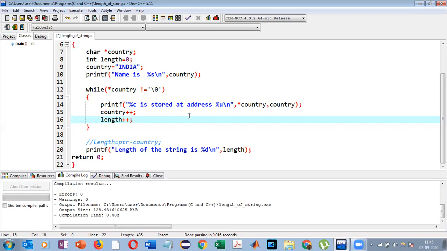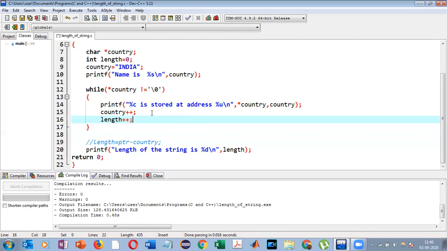But what you have to remember is the logic that a pointer variable is going to point to the next memory address, whatever be the size of each data type. Suppose for integer, if it is 4 bytes and the pointer was initially at 2000, and I do pointer plus plus, considering that it is an integer type pointer, it is going to point to 2004. So this is important to remember. Okay, then I'm pointing to the next memory address.